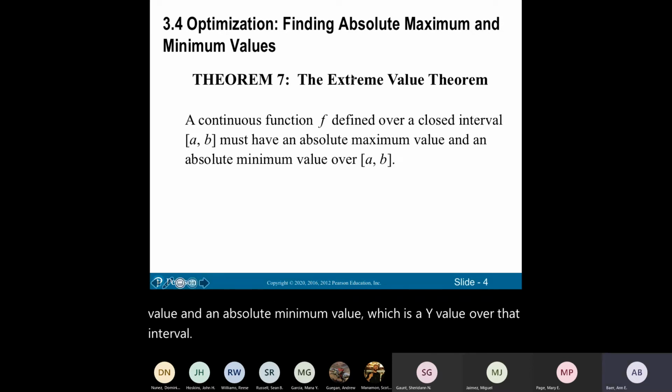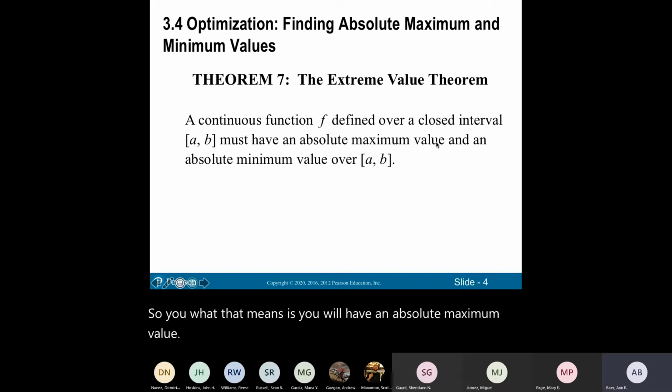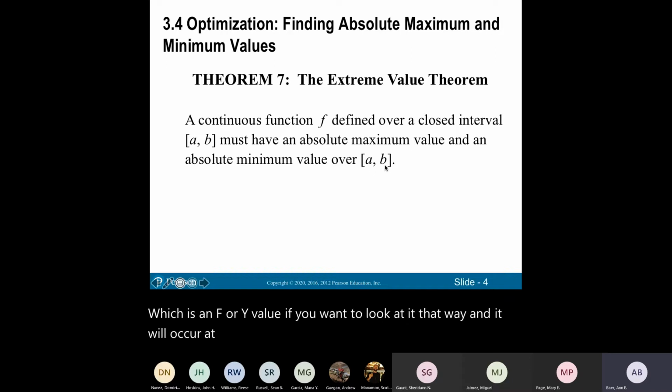So you will have an absolute maximum value, which is an f or a y value, if you want to look at it that way,